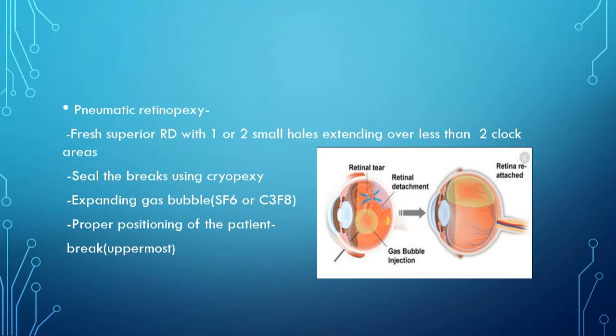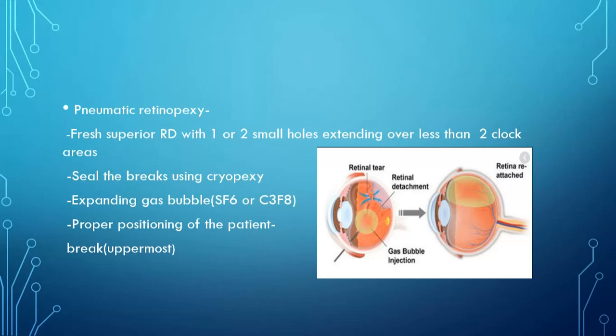It could be either SF6 or C3F8, and then you position the patient in such a way that the gas bubble goes and places in the retinal detachment area, which is mostly superior, and that will cause the tamponade. So internal tamponade and pneumatic retinopexy are almost similar, but pneumatic retinopexy is mostly used in conditions